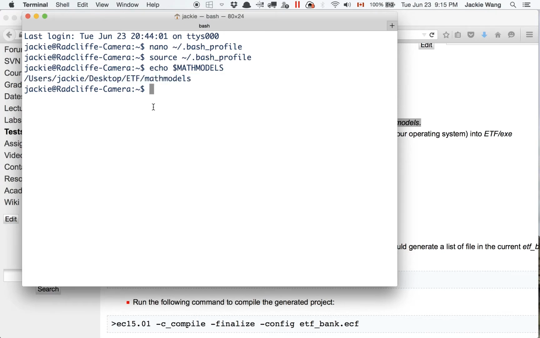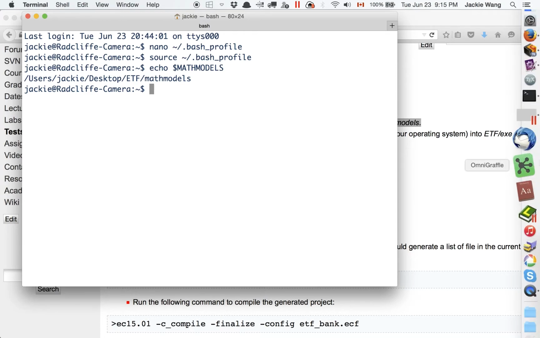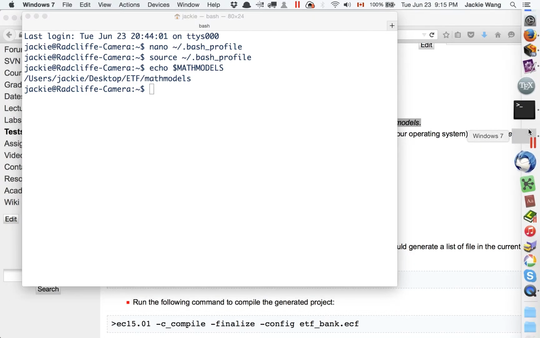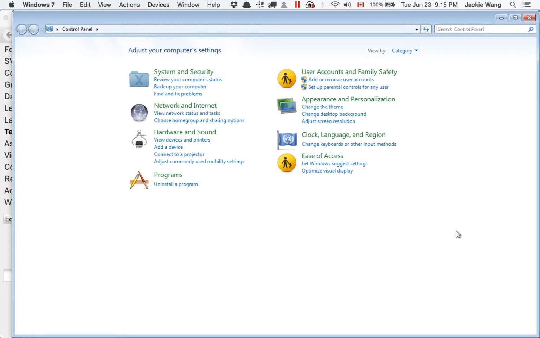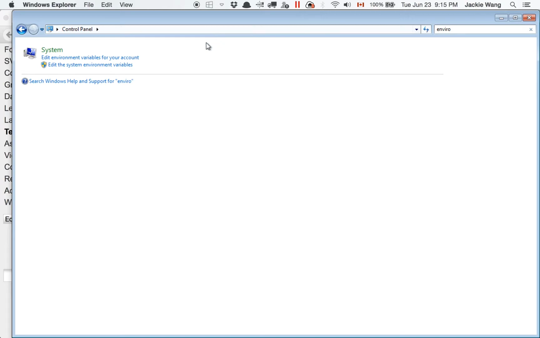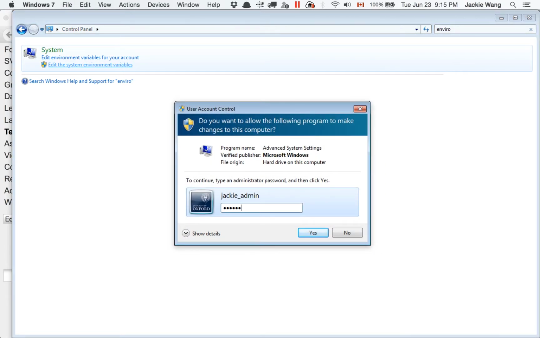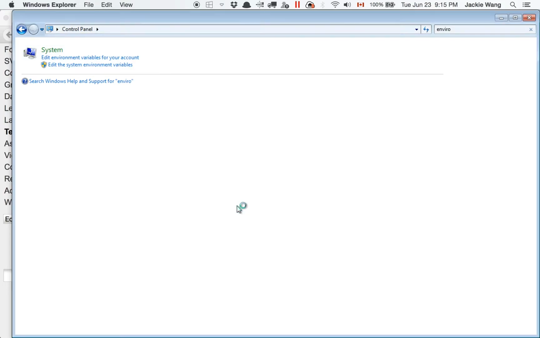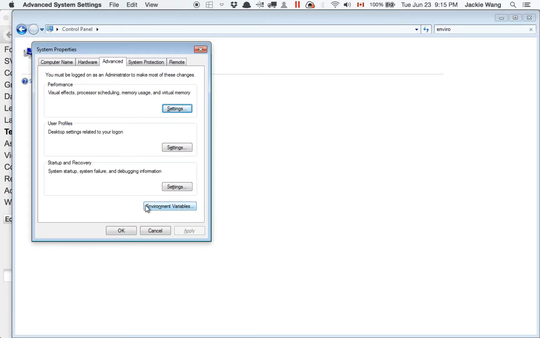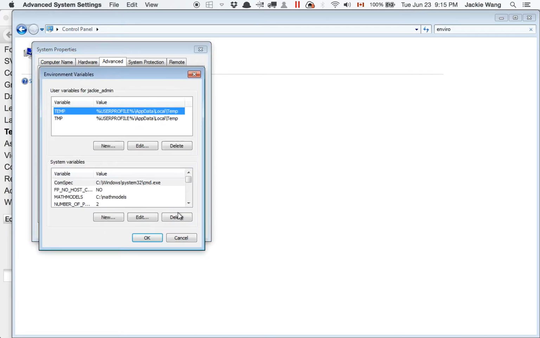On the other hand, if you want to do the same thing on Windows, you have to go to Control Panel, and then you can just type to search for edit system environment variables. If you go there, of course, you have to make sure you have the admin privilege, and then under System Properties, you can go to Environment Variables. What you have to do is go under System variables, and I already have that, so you have to,